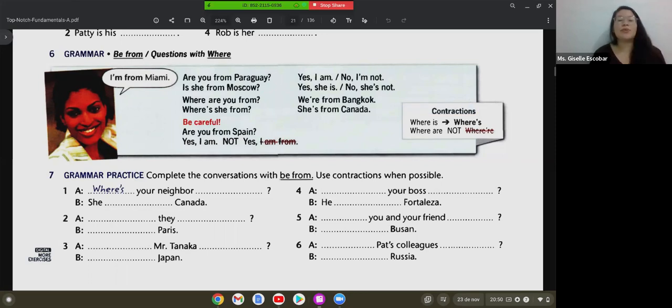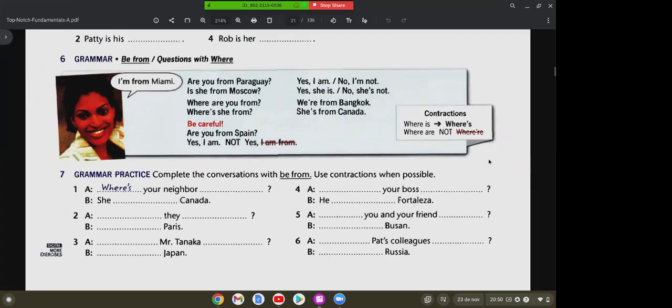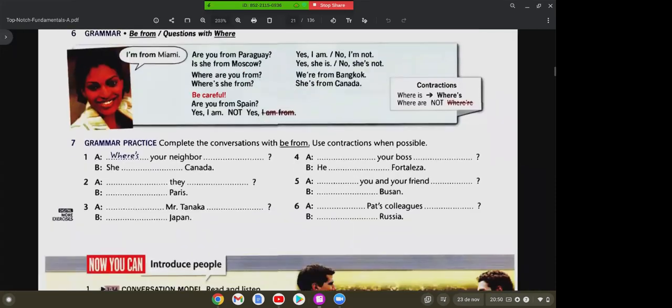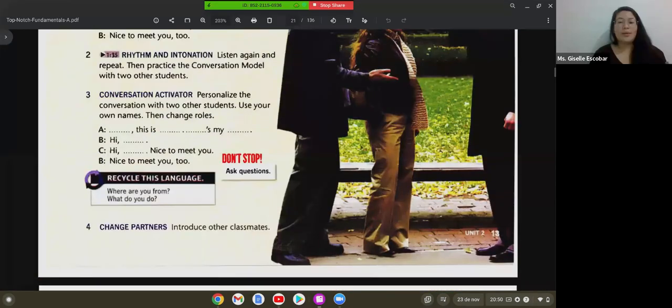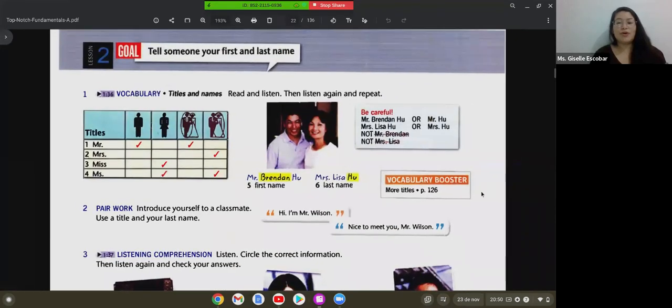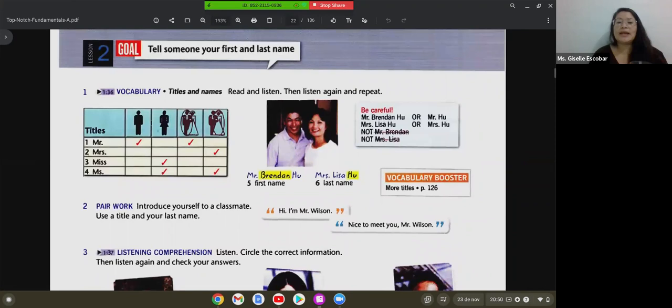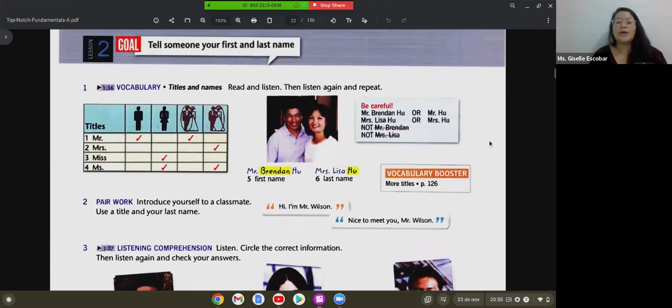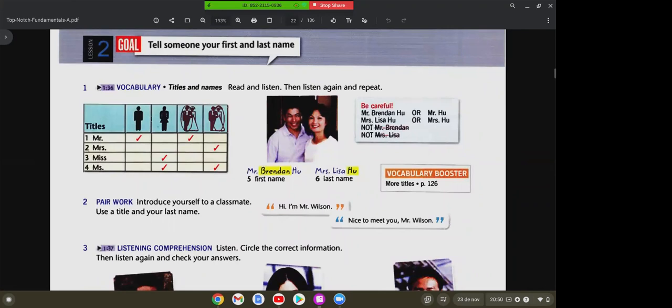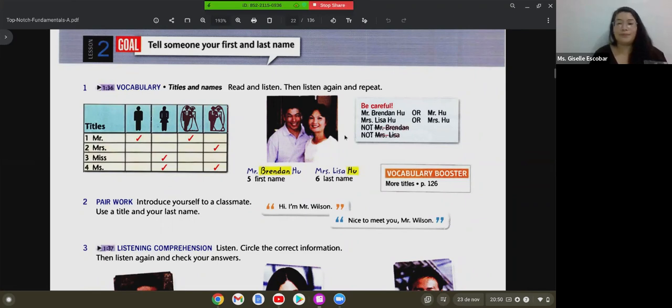Otra pregunta, any other question? No question for me. What about questions of today's class? Is it clear, today's class? ¿Está claro todo sobre el vocabulario de la clase de hoy? Yes, teacher. Okay. So, solo algo. Ajá, ¿verdad que